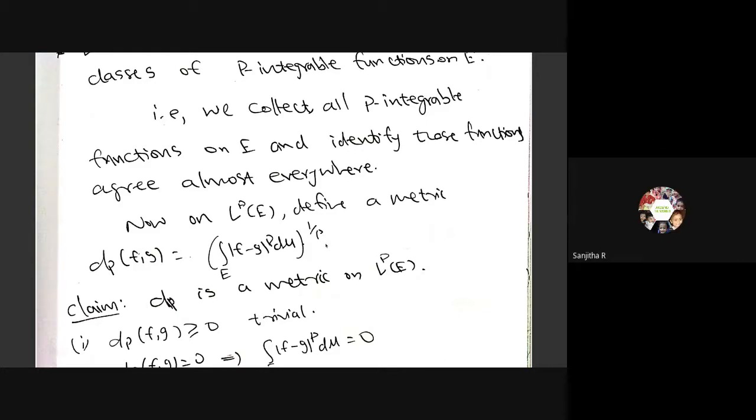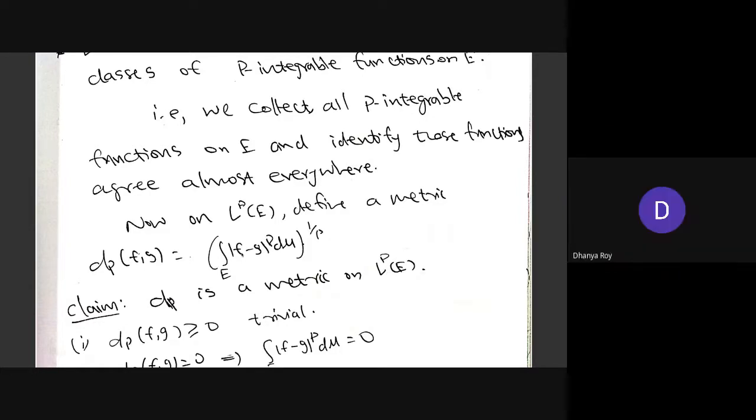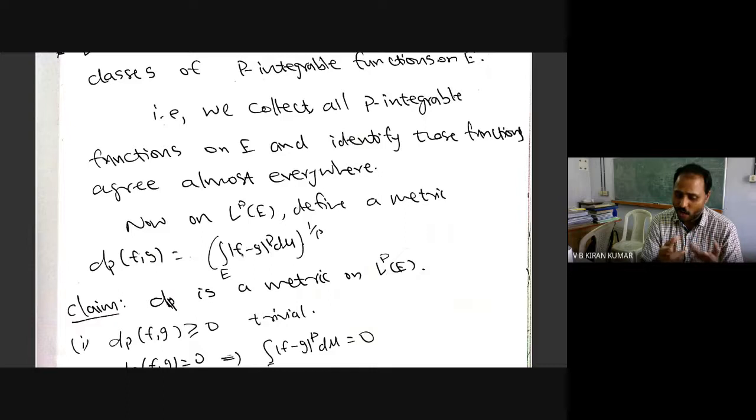That is trivial, because f and f1 in the same equivalence class means f equals f1 almost everywhere, right? If f and f1 are equal almost everywhere, then their integrals will be the same. That's it, because the integral on a set of measure 0 is 0, whatever value f has. That is something which we observed earlier. So a set of measure 0 will not contribute to the integral. Therefore, this is well defined. You can verify that.